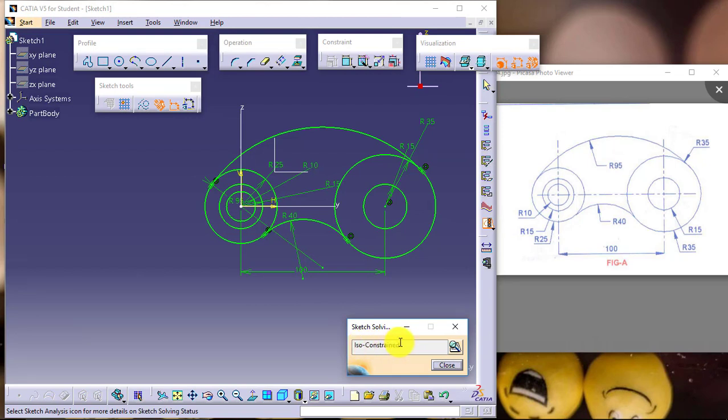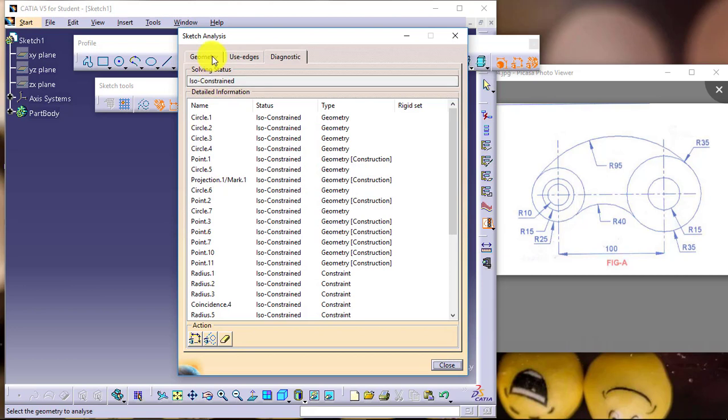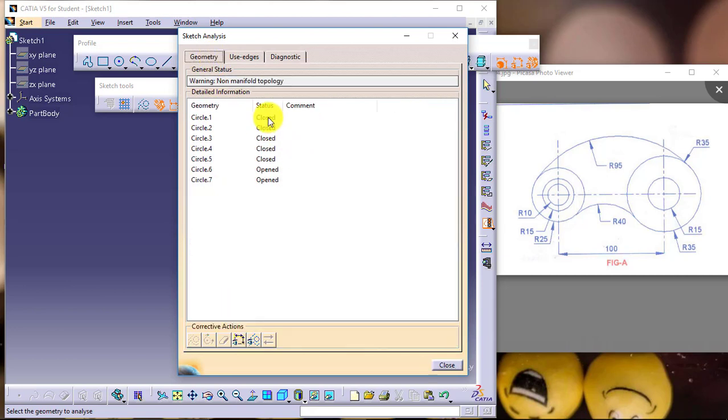But can you tell me, is it ready for being converted into 3D? For now, I will say no, it is not. Why? Because this particular sketch is not a fully closed sketch. Just go for Sketch Analysis, go into Geometry, see closed curve, closed curve, closed curve, closed curve and closed curve.